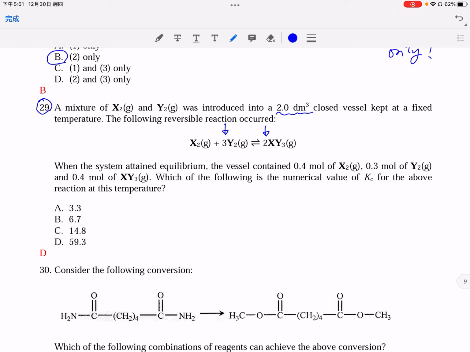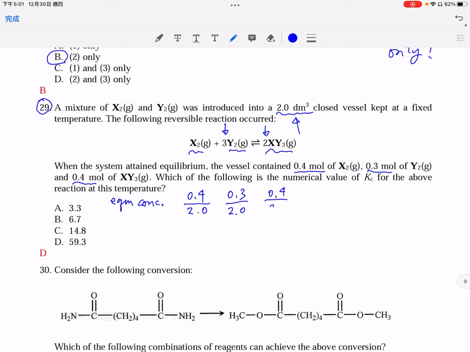So to work out the equilibrium concentration of the species involved, for X2, number of moles divided by the volume of the container. And then for Y2, similarly, number of moles divided by the volume of the container. And for the product,